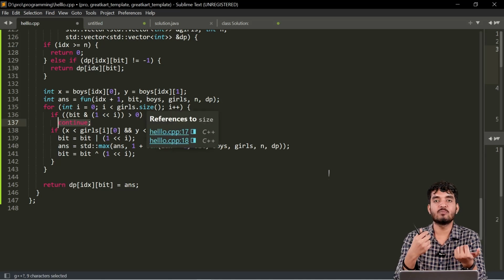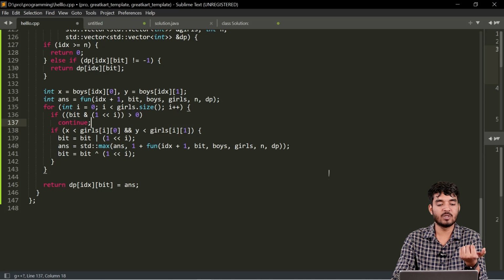So if this index has been already paired up, then just simply skip this iteration. Otherwise, I would check the coordinate of the girls array for the current index, whether we can pair the current index with the boy or not. And if that is the case, here I'm just simply checking the coordinate. Then I would make this bit as set, because basically I am including the ith bit in the set, and then I would make a recursive call